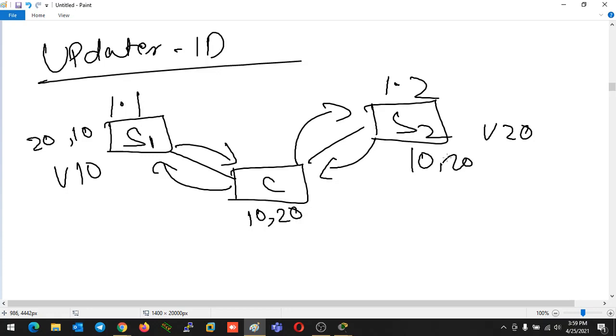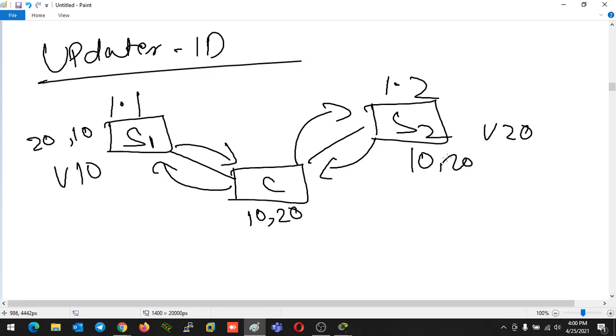So if you are having multiple servers, VTP servers, in that case multiple servers can also update your clients or update your servers. But if you are having multiple servers, in that case, CR number is also a type of updater. CR number, I am saying that is updater ID, no? No, CR number is not updater, right? CR number is just telling simply this update is latest one. That's all.